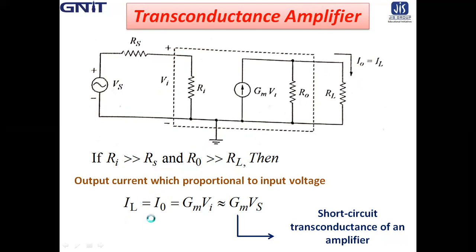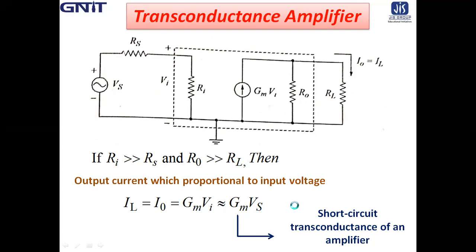That means IL equals I0, which is the same as Gm into Vi, or equivalently Gm into Vs,